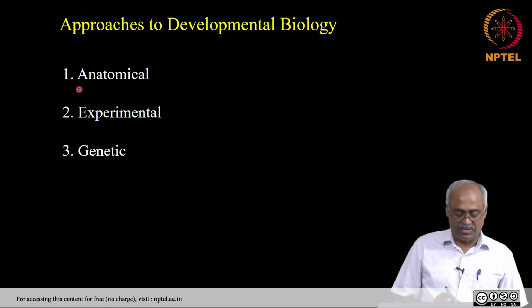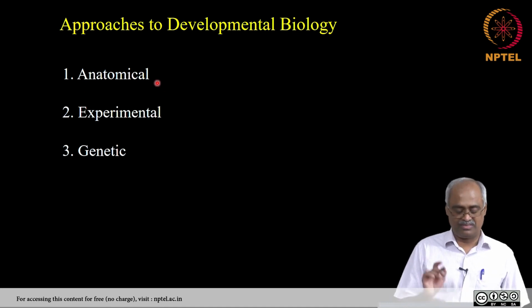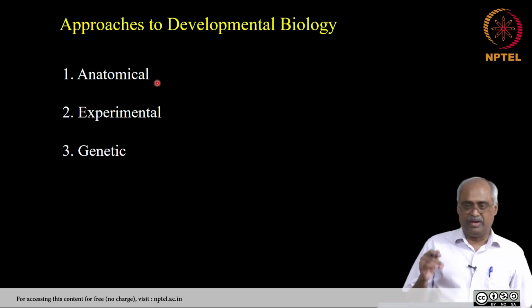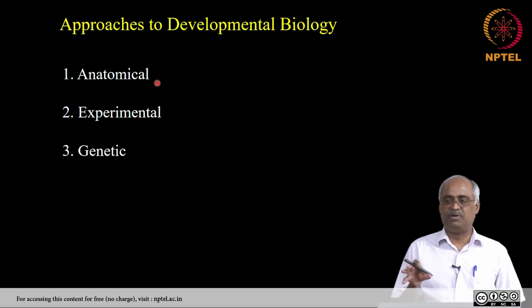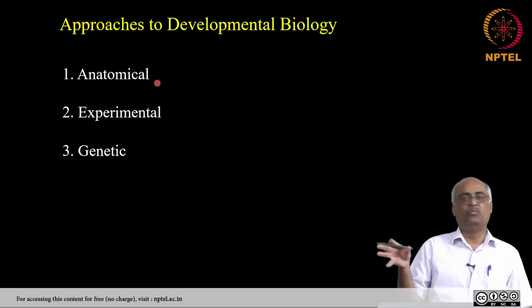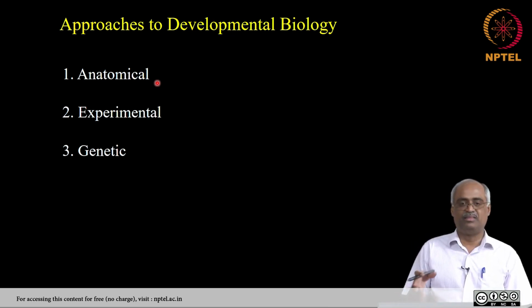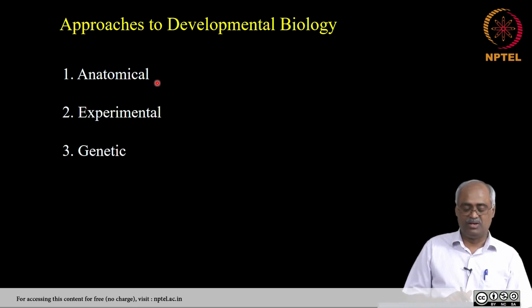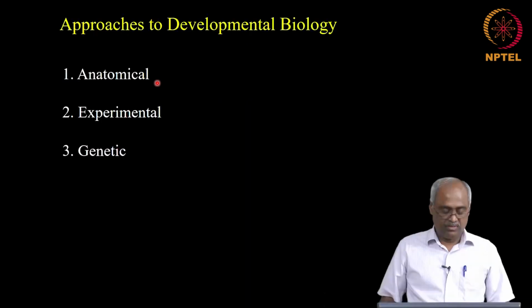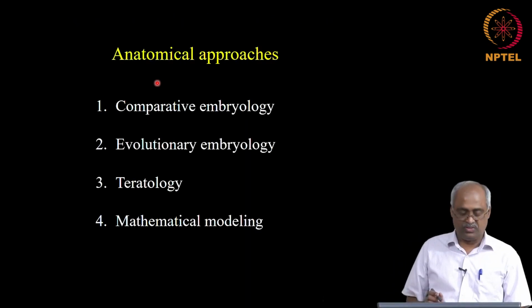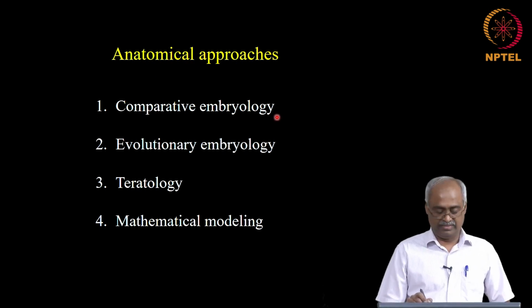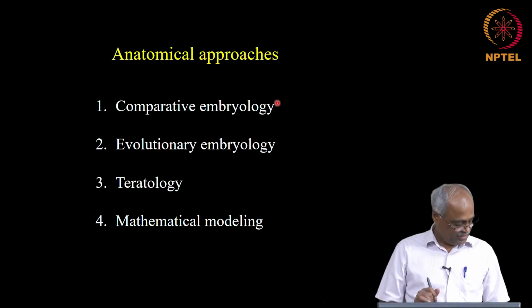So the next thing we are going to do is focus on anatomical, because there are a lot of important historical points that help us to shape our thinking of developmental biology. So you might think, why should I go and worry about all the historical things, but that gives you a framework to think about the basic concepts of developmental biology. So therefore we will look at some of them. Alright, so let us look at anatomical approaches first. So the very first one that we are going to look at is comparative embryology. So you are going to find out how useful it has been historically in connecting evolution and development.